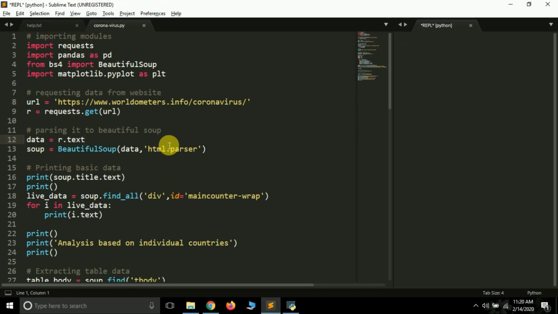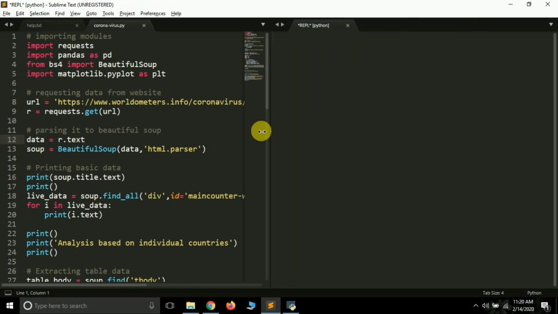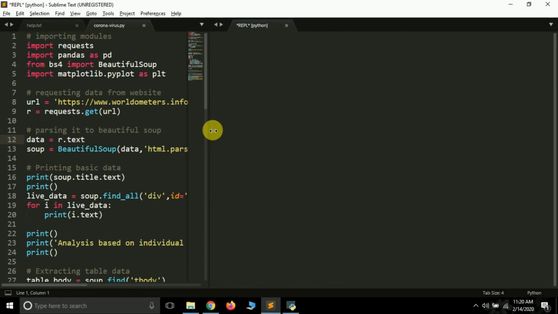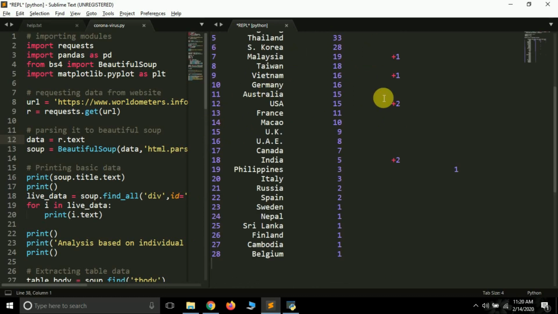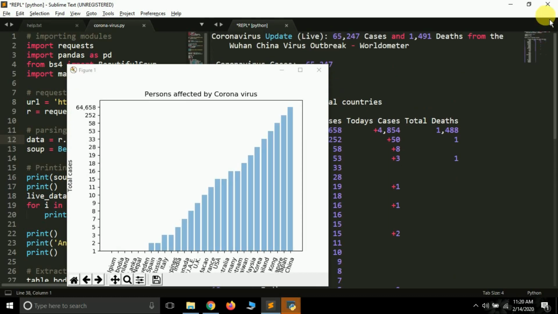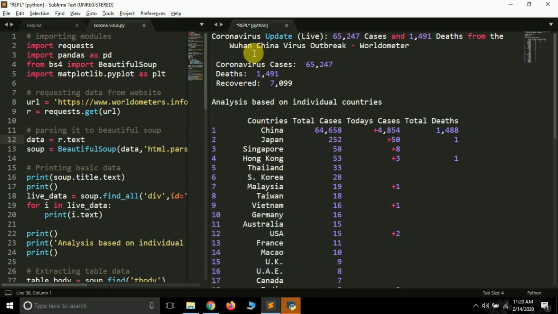So let me first run this. Remember, our project will use the internet, so you have to get connected to the internet first. Let it get executed, and you'll see certain things. First of all, let me minimize this graph, and we are getting a coronavirus update which tells us the total number of coronavirus cases encountered in the world so far are